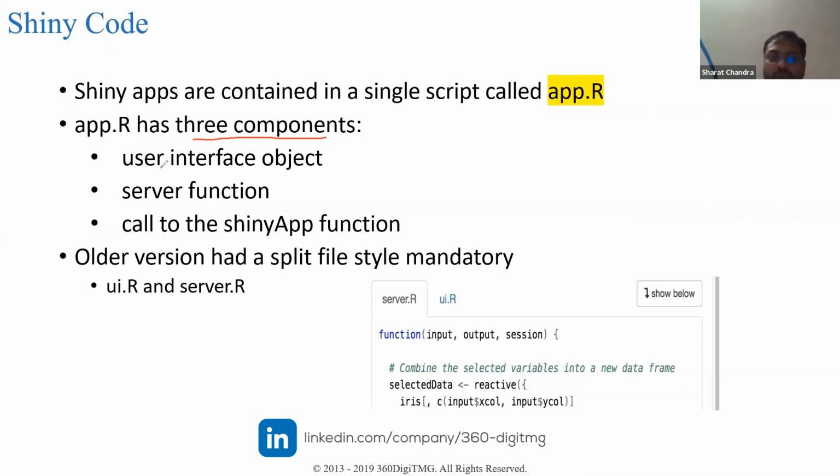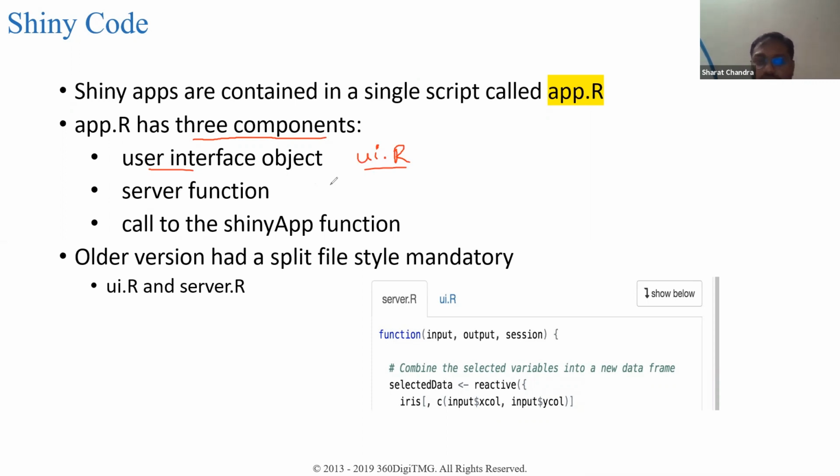The first one is called the user interface object, which is by default given the name UI.R. Then the server function object, known as server.R. And you will have a Shiny app function, which is to execute your code.